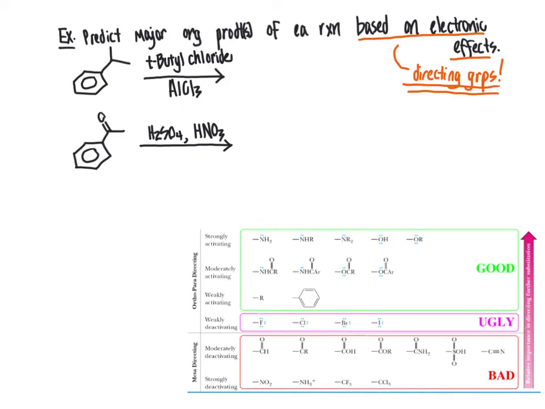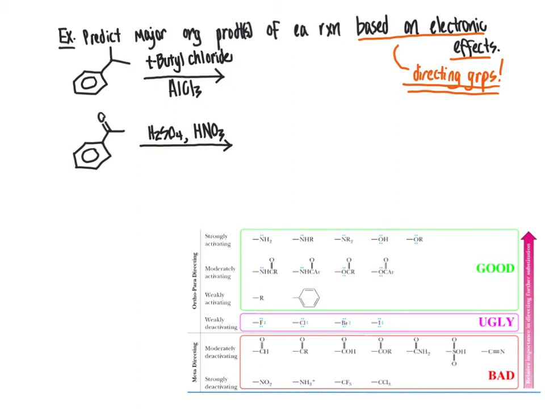And so, therefore, we're going to be predicting the major organic product based on electronic effects. If you see the phrase "based on electronic effects," just be thinking that electronic effects are what are described in this chart here of ortho, para versus meta directors. You want to use that information to determine the organic products of the reaction,